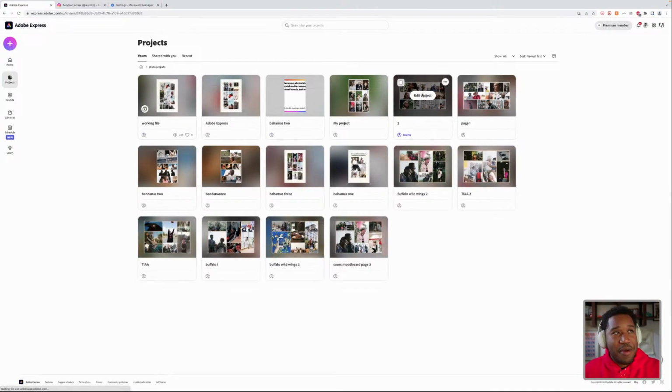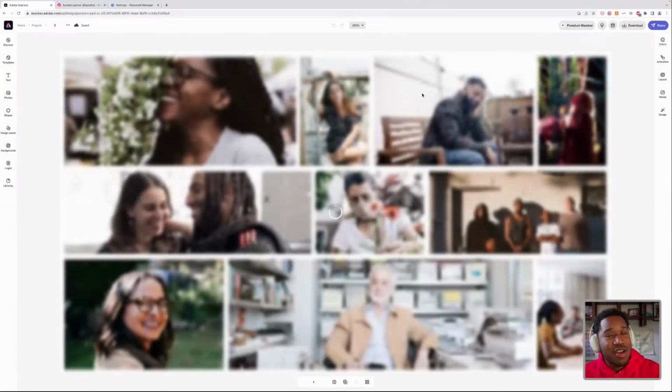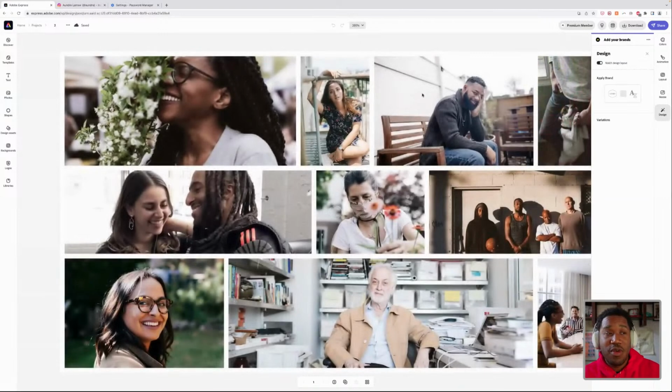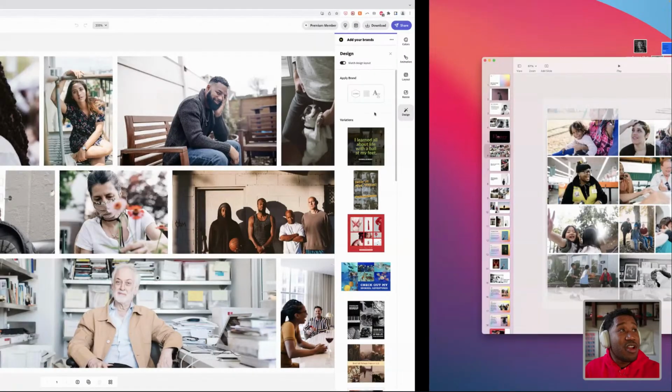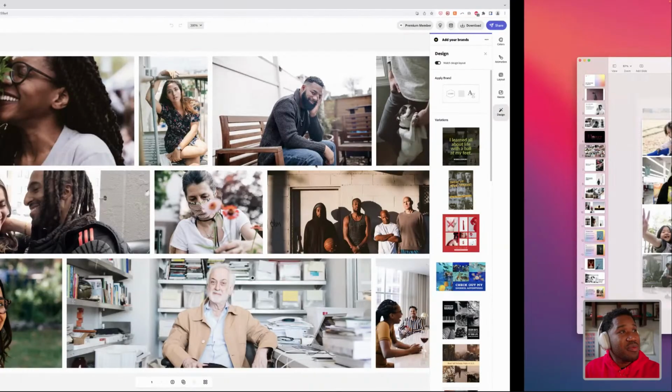So one thing I want to point out, I love to make these collages of my work. A new thing in Express is that you can add multiple pages, so you can build a deck in there. Before, I would export these that I would design and put them directly into